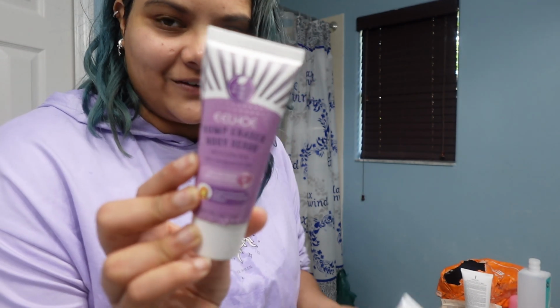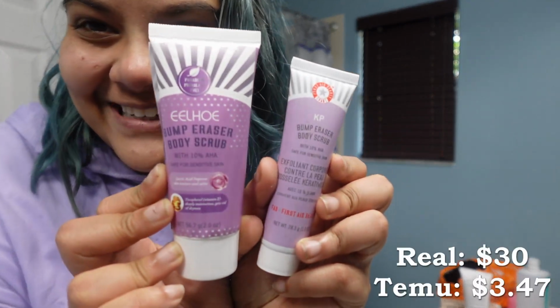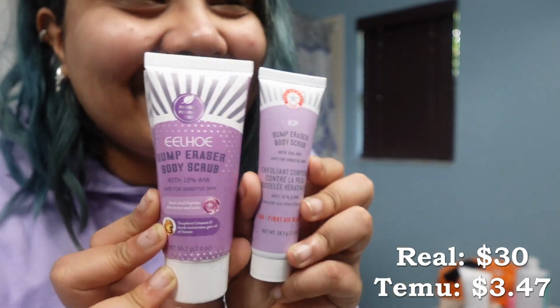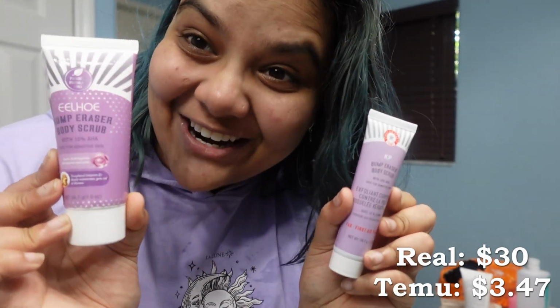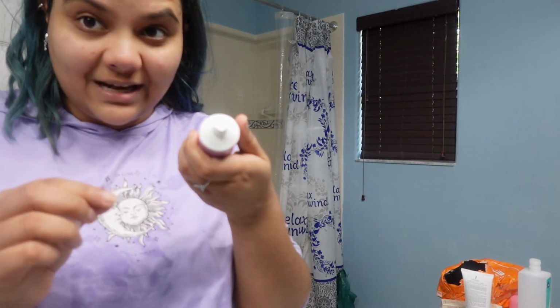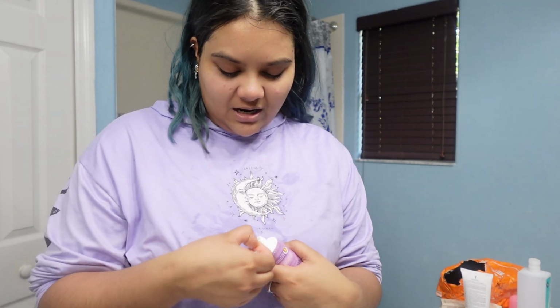Also the packaging is kind of off. This is the real one. This is the mini size, by the way, but look at that. They're really trying. This one I'm actually kind of worried about because it does have a, oh, tab again. It does have AHA, but